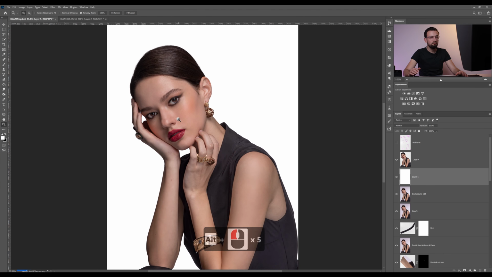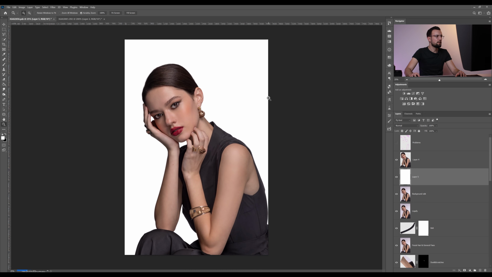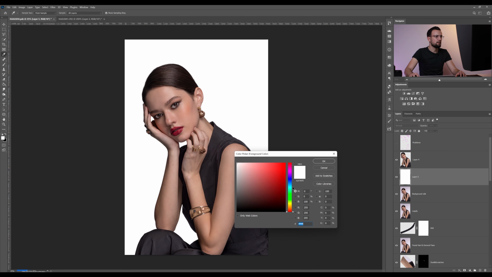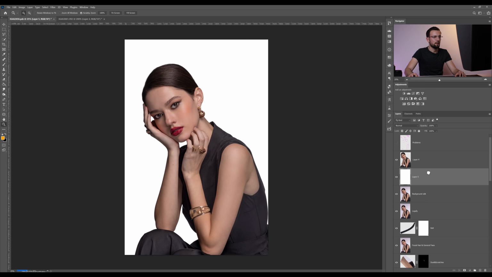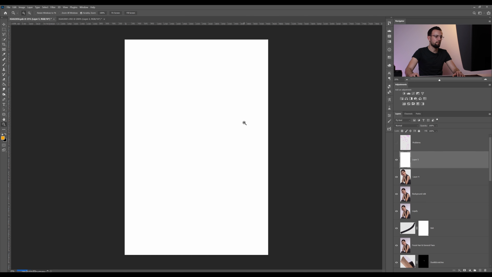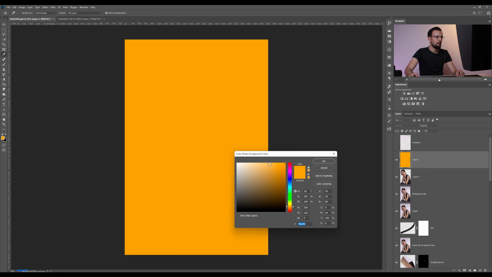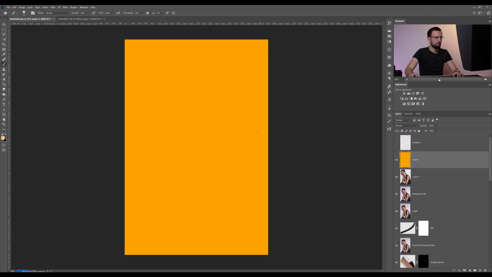Now, what if you want to change the color of the background? Well, let's change the color. Let's pick an orange, shall we? Let's go with the soft orange. Let's say like this. I'm going to bring this on top of my model's layer. I'm going to paint it like this, and then using my brush, I'm going to pick a lighter color